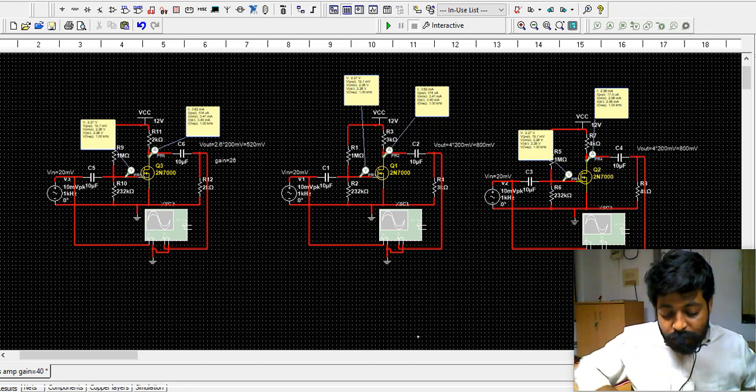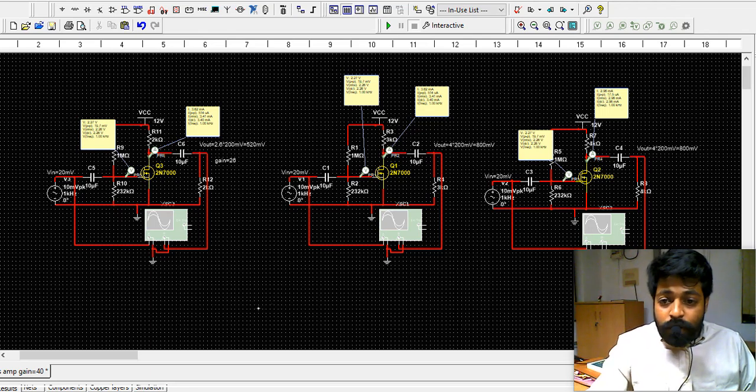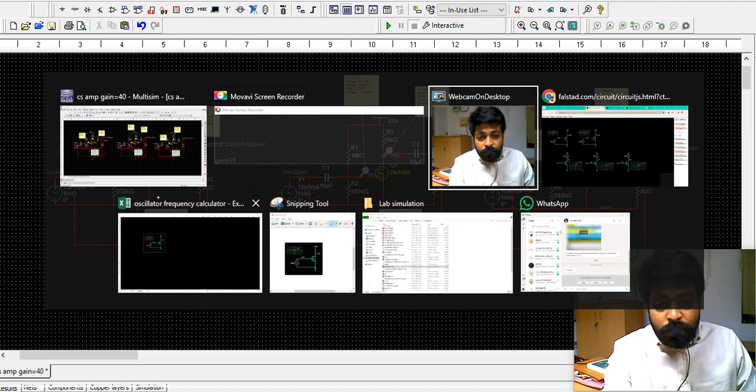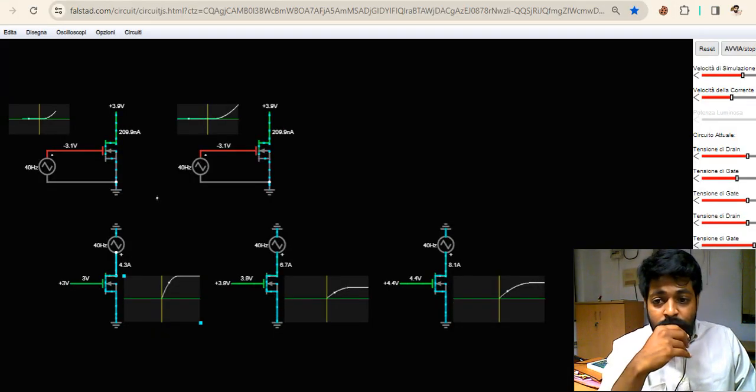Let us do the common source amplifier simulation right now. Before you do the simulation for the common source amplifier, we should know about MOSFET. So for that sake, I'll be taking a MOSFET case where I'm trying to vary the